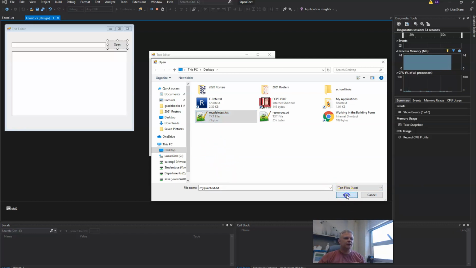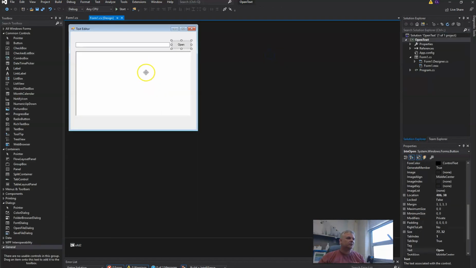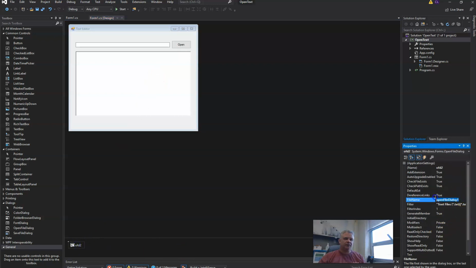But if I go ahead and open my text file, you'll see I get the word, but I don't get the look of the word. Now, we're going to close this. We're going to go back to our control here. And first of all, I don't like that it starts that. I'm just going to have it have no default file name. I'm going to get rid of the extra quotation marks that didn't need to be there. And I'm going to add